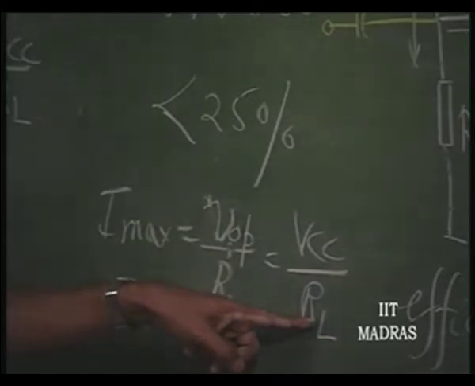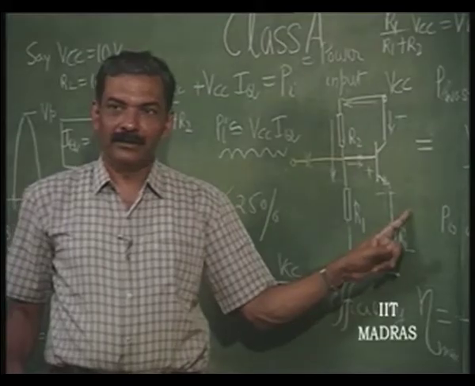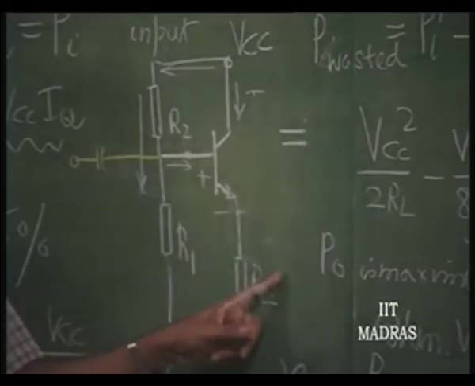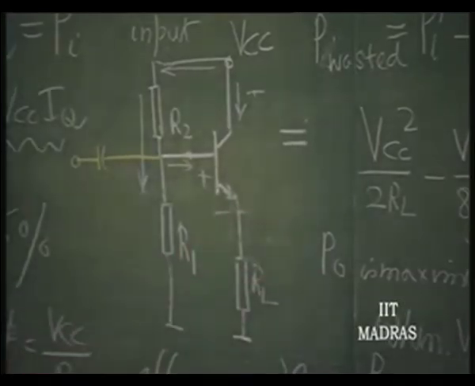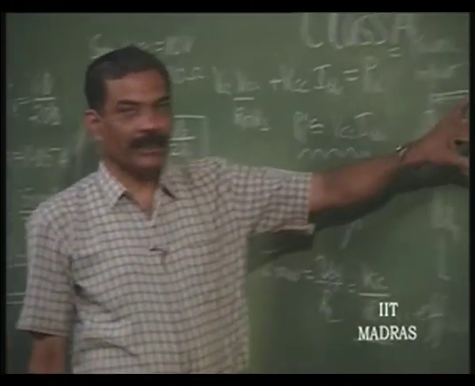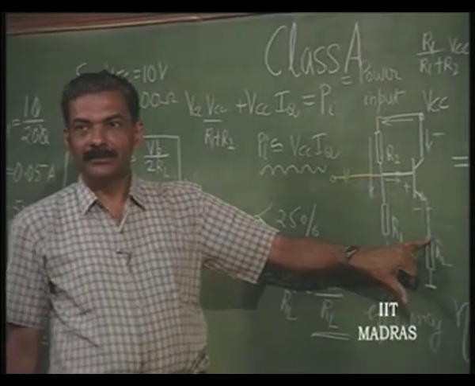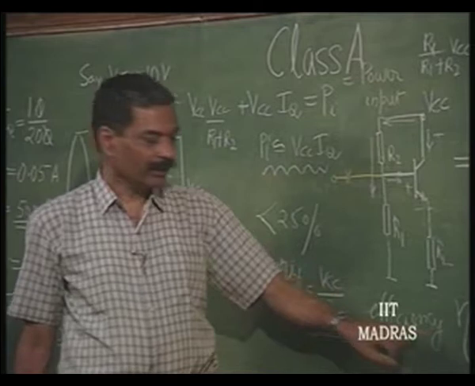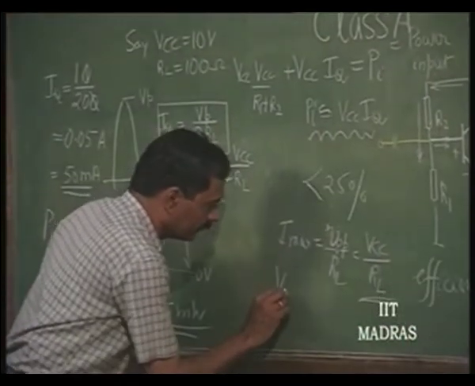That current has to flow through the transistor as well. So, your transistor rating should be better than V c c by R L. This is the maximum current. And the maximum voltage across the transistor is V c c itself, when this voltage goes down to 0. So, maximum voltage